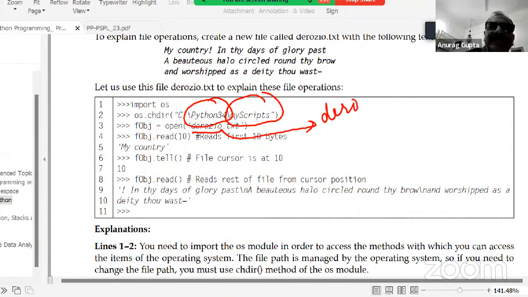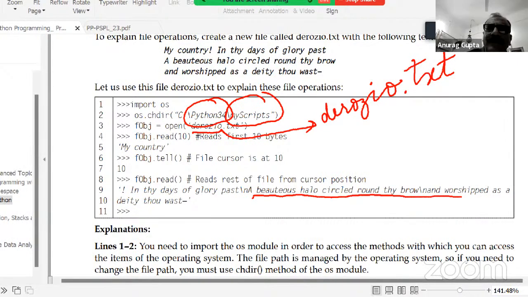Derosio, by the way, is a very famous, very old poet. He wrote that famous poem, My Country in Thy Day of Glory Past, a beauteous halo circled round thy brow, and worshipped as a deity thou wast. This poem I took as an example.